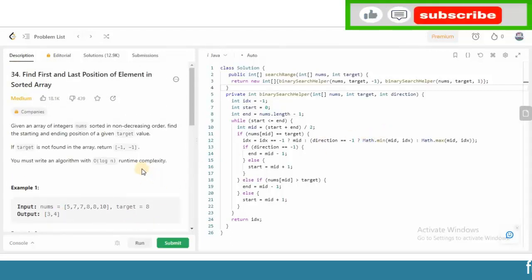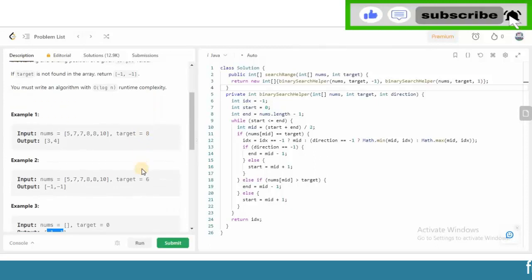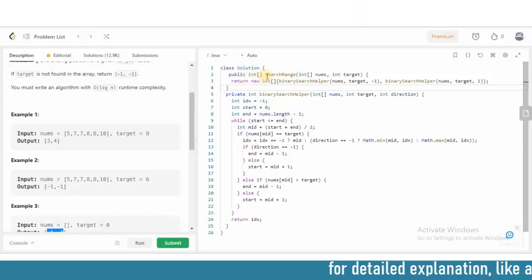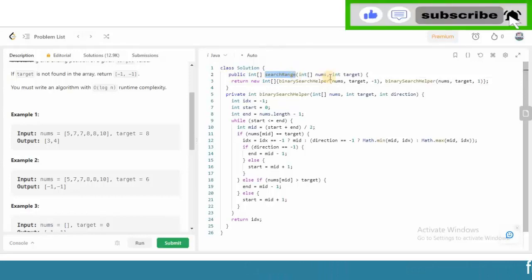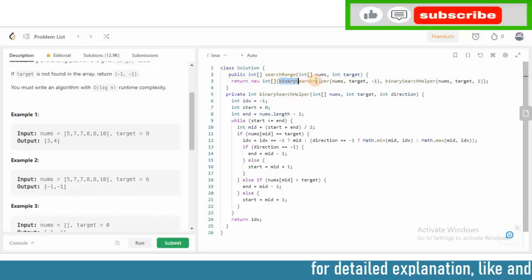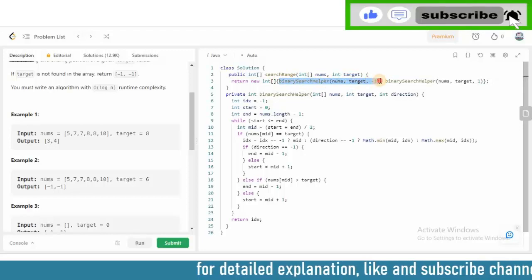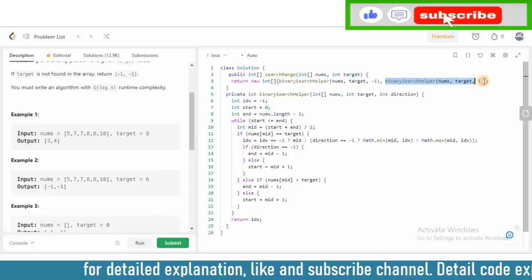Here binary search is more than enough for us. Binary search means we will take the mid value, compare the target with the mid value and everything, but we need to call that same thing multiple times. We are taking a search range, a list of elements and the target. Internally we are calling it multiple times like this, where we need to get the starting element and the ending element.